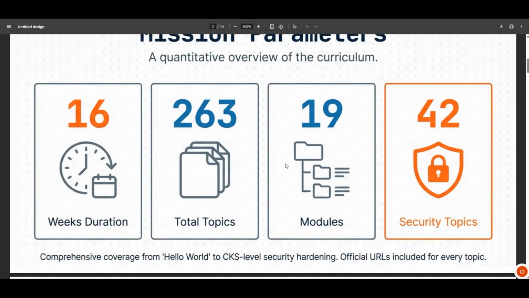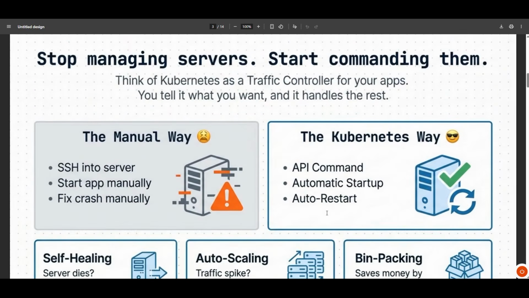We'll have around 260 plus topics, divided into 19 modules, and we are also completely adding security. So this is not a simple thing. It will have all the things required for the CKS level as well. This is a complete course, which is the reason why it is called Kubernetes Warrior.